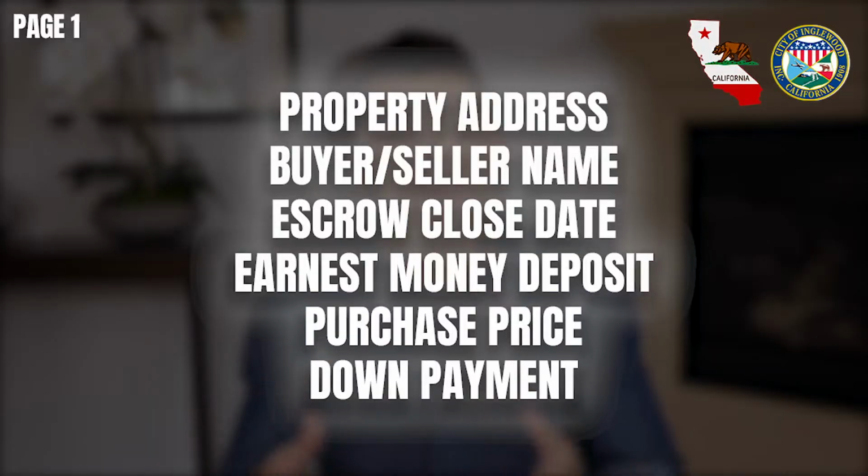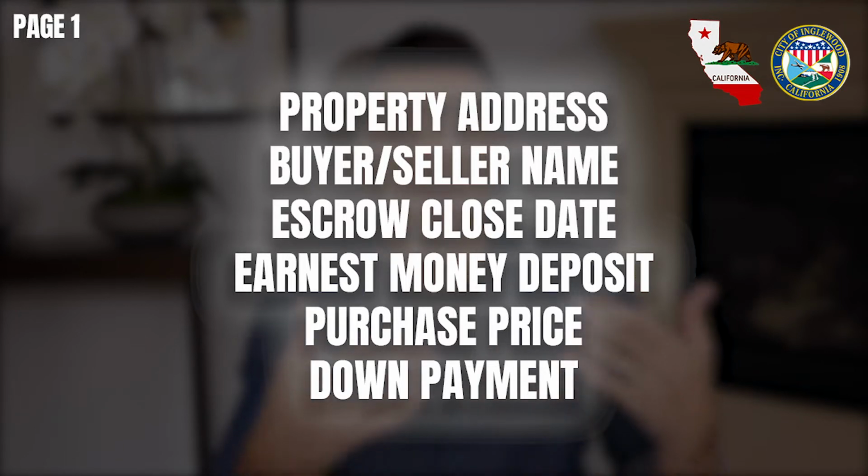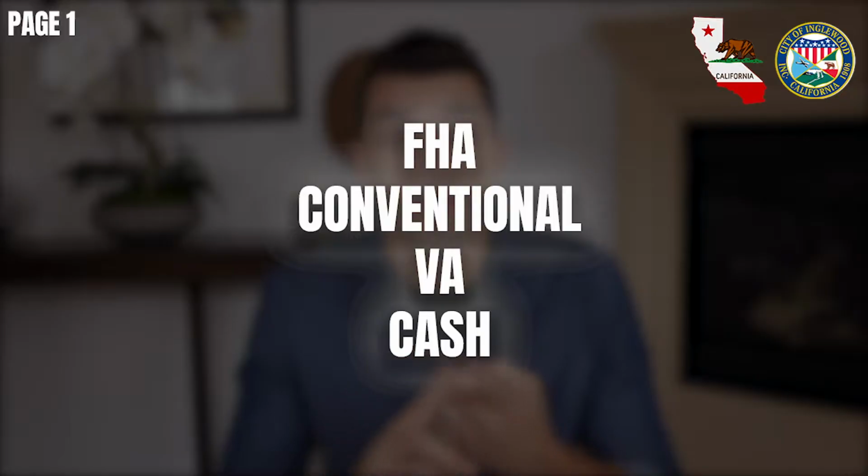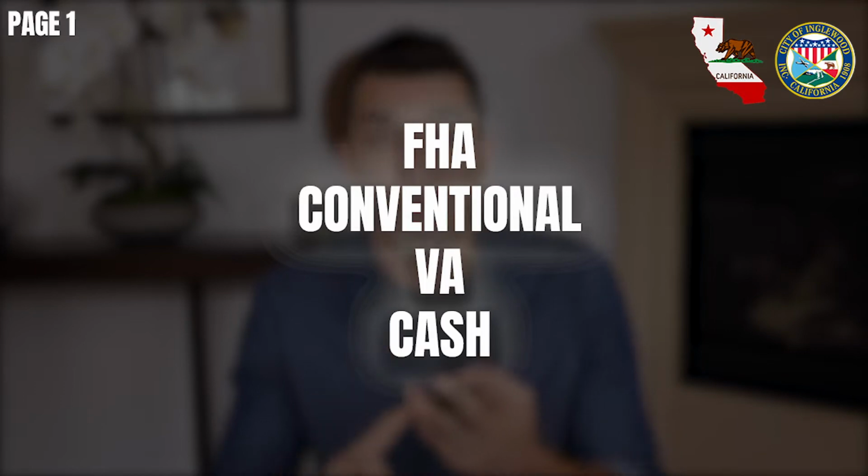Now, page 1 of the 10-page agreement contains all of the financial information for the transaction. It has the property address, the buyer and seller names, the close of escrow date, how much the earnest money deposit is, and also contains the purchase price, probably the most important thing, along with what your down payment amount is. This page also defines what loan type the buyer is using, whether that's FHA, conventional, VA, or cash. There's also an additional space at the bottom for financing terms. And this is where you'd find a seller credit to the buyer for their closing costs if that's involved in